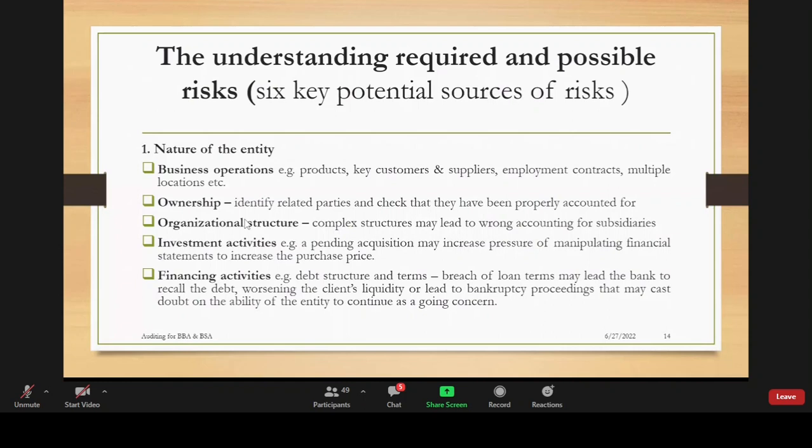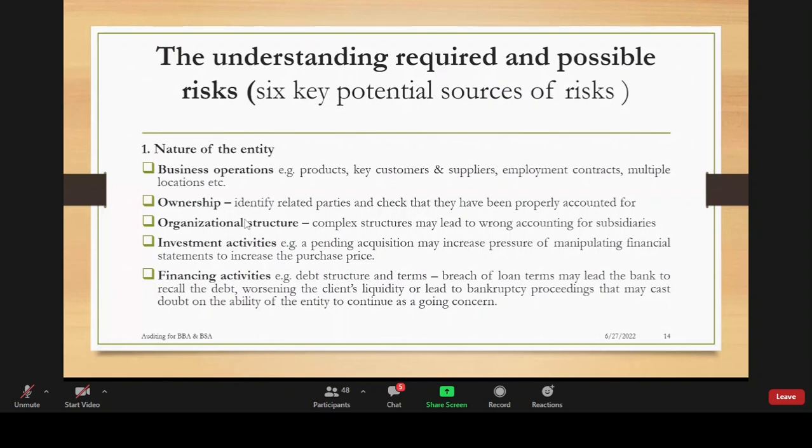So the bank is more exposed to risk because the product, the service that they are in, which is money, is so vulnerable to theft compared to a manufacturing firm. Let's say a company like Royal Mattresses, because by the time someone is going to steal a mattress, they have really done a lot. So when you're looking at the nature of the entity's business, you look at the business operations.